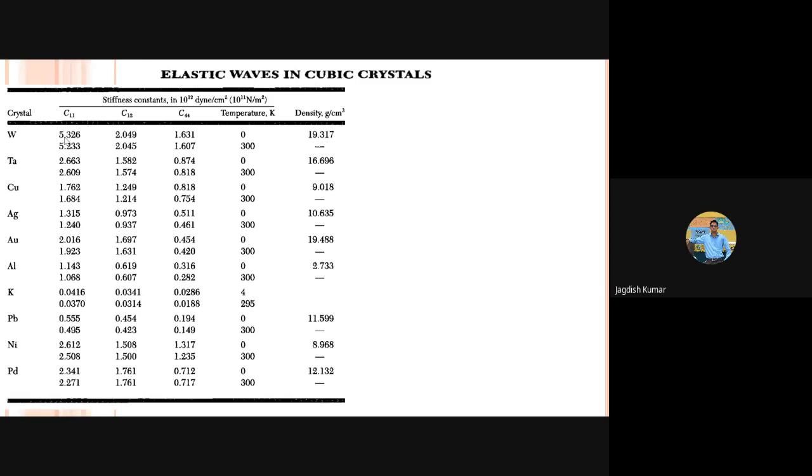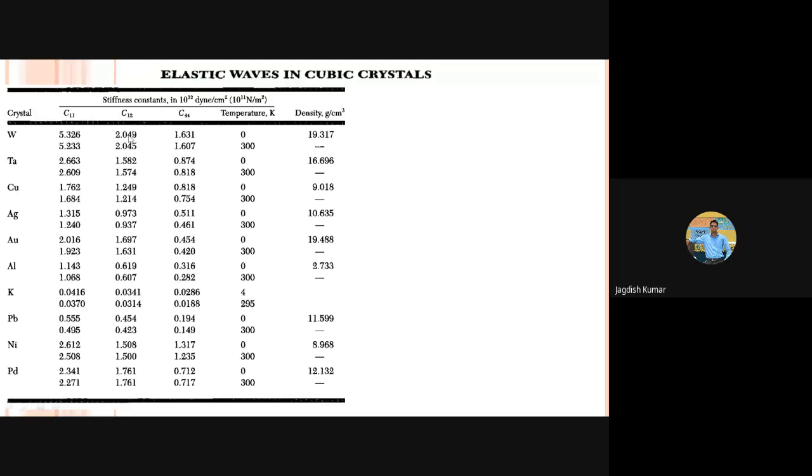One thing we should pay attention to is that C11, in general, is higher in magnitude in comparison to the others. So the diagonal elements, the stiffness constants corresponding to the longitudinal strains, are highest. Just like Hooke's law in its simplest form, when we stretch the spring, maximum force will be along the direction of the spring. You may stretch the spring in a direction perpendicular to its length, but in that case the restoring force is going to be relatively weaker. That's what it means physically. So C11s are highest.